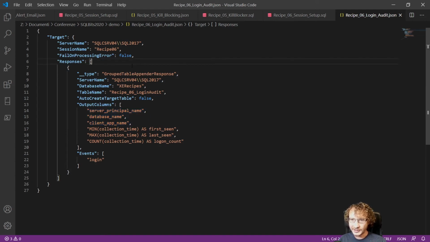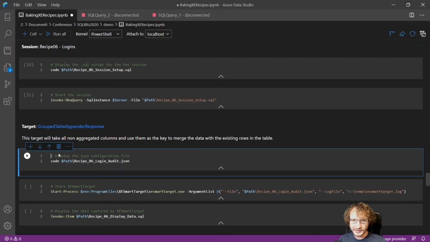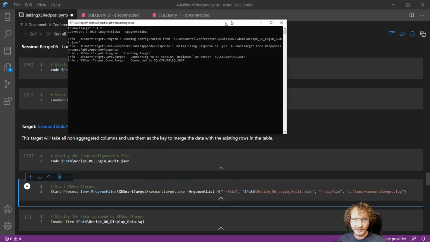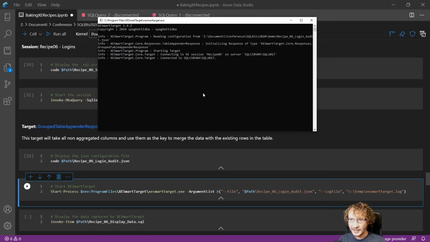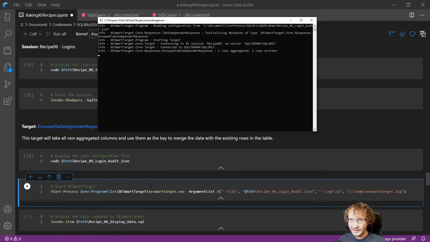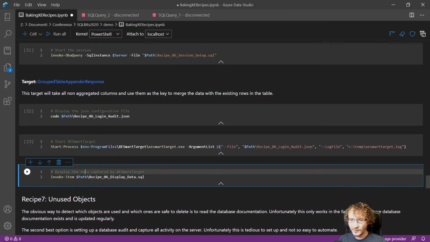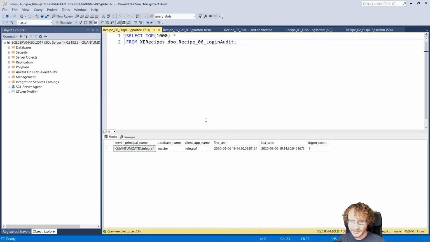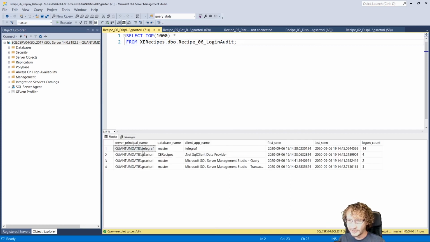Okay, so let's go and try to run this. I am going to start XE Smart Target. Now it is running and it is writing data to my database table. Let's see what it looks like from SSMS. I can have a look at the contents of this table, and here I see that I have a single login here that appeared, but if I keep refreshing, I will see that more rows are flowing to this table,